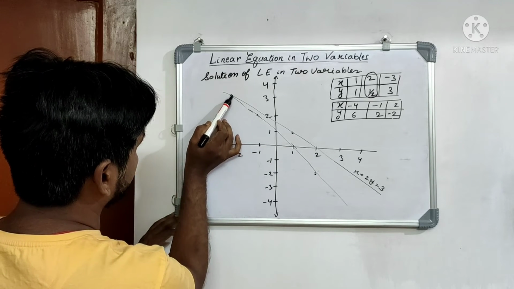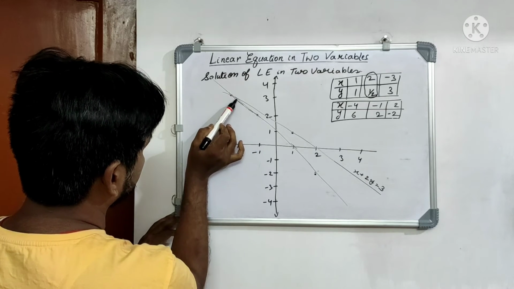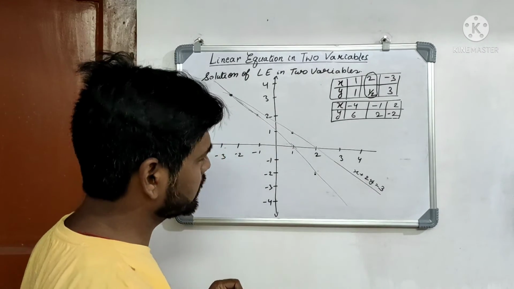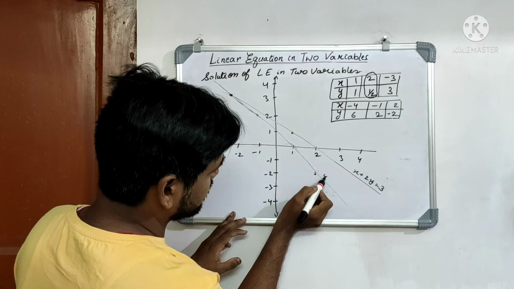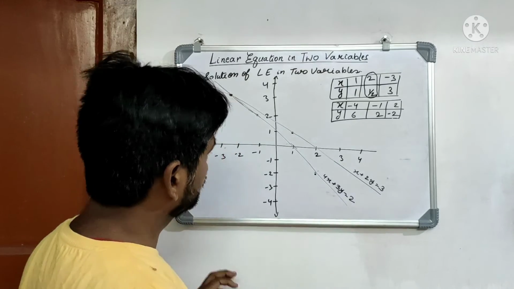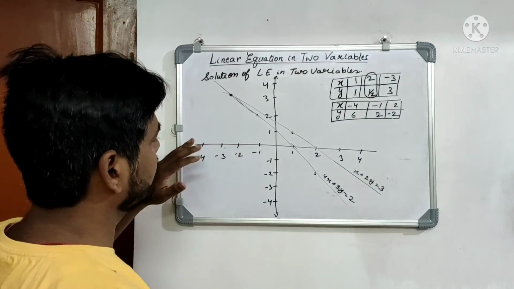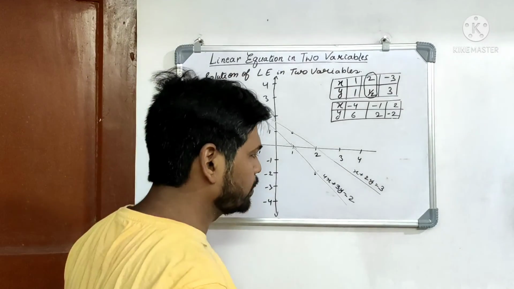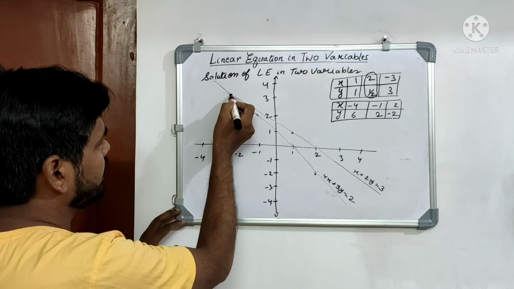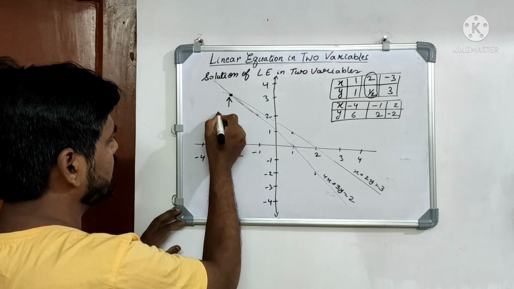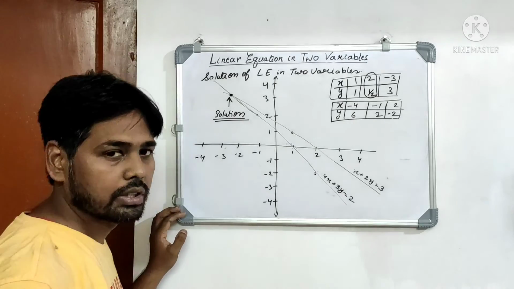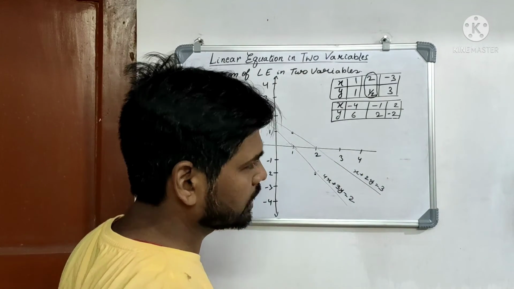On extending this line, we obtain a meeting point. Now for this system of equations, the second equation was 4x plus 3y is equal to 2. So these 2 equations formed straight lines, and we are trying to obtain a graphical solution. We can see that these 2 lines will meet at a point, and this meeting point will be known as the solution. This is the solution for this system of linear equations in two variables.